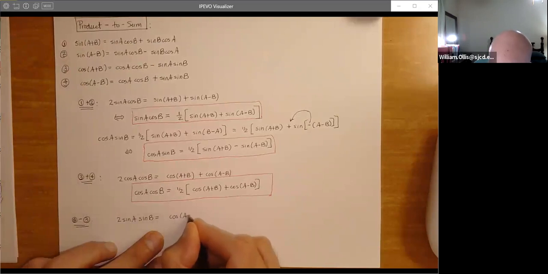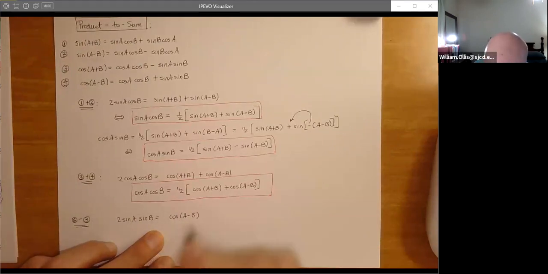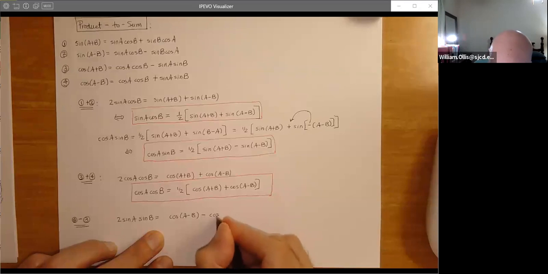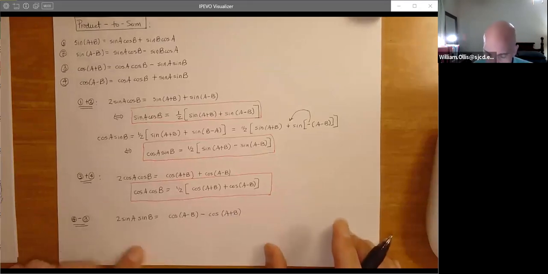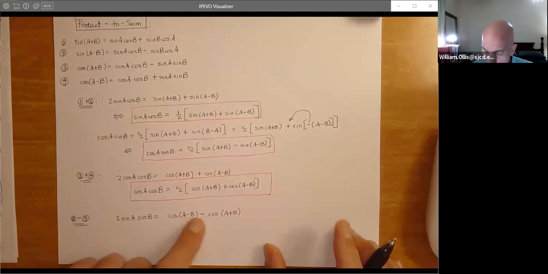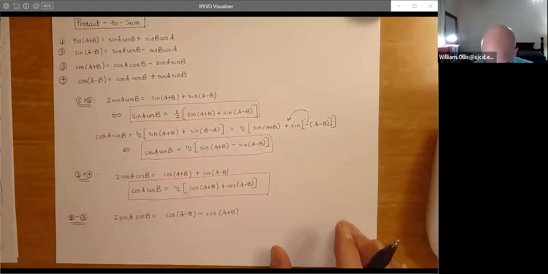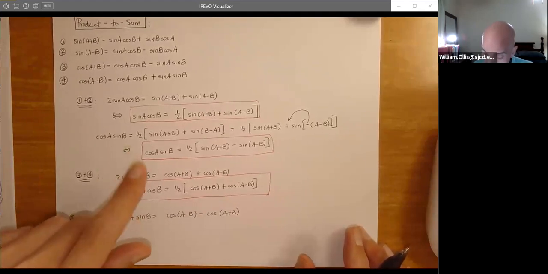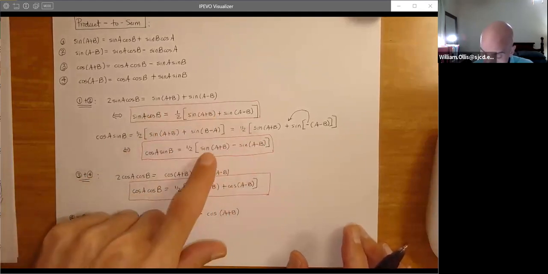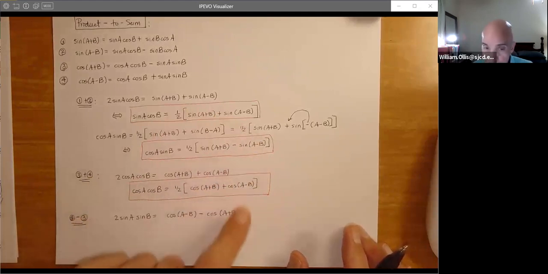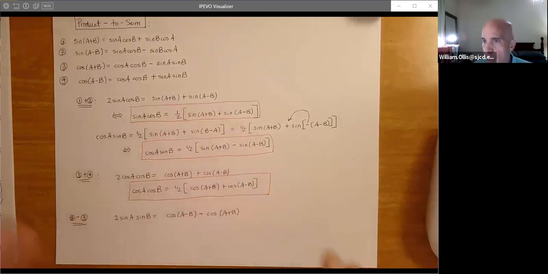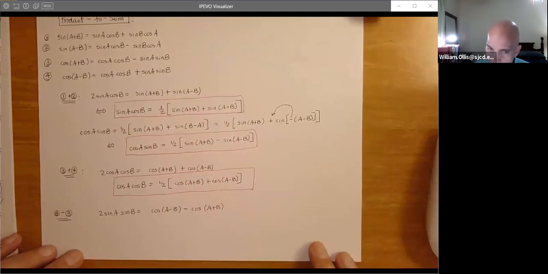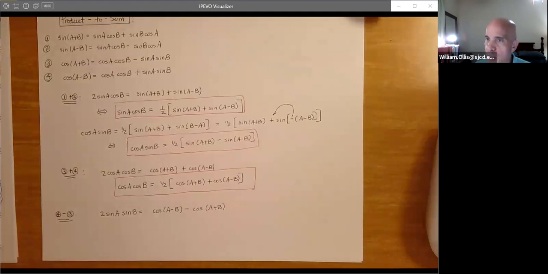Cosine A minus B minus cosine A plus B. So one thing I tell with the product of the sines, you start out with a bunch of minuses, minus, minus, plus. The rest are fairly user-friendly. You get the plus, plus, minus. Here you get the plus, minus, minus. Here you get the plus, plus, minus. And of course, you'll think about that for a day and then it kind of fades. But that should give you some way to see the subtle differences here.